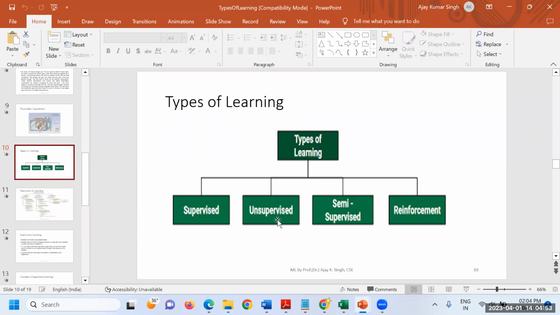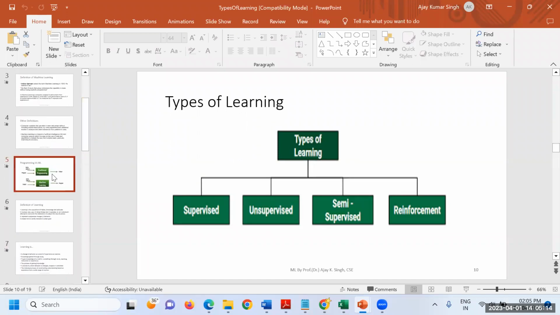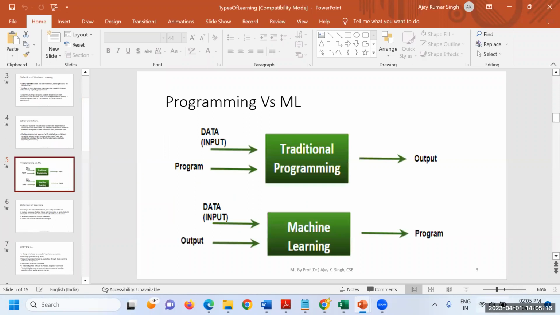As for example, suppose I want to see whether the given image is of a cat or a rat. Ultimately, cat and rat, these 2 things are nothing but some sort of output. So I'm going to relate input with output, isn't it? So let me show that slide. So in machine learning, basically.